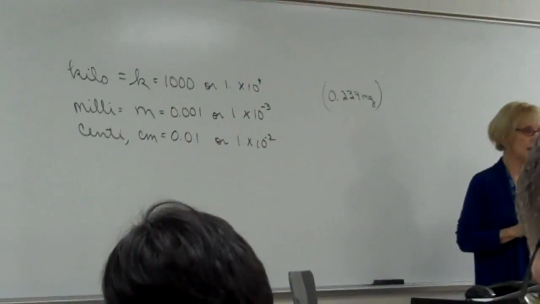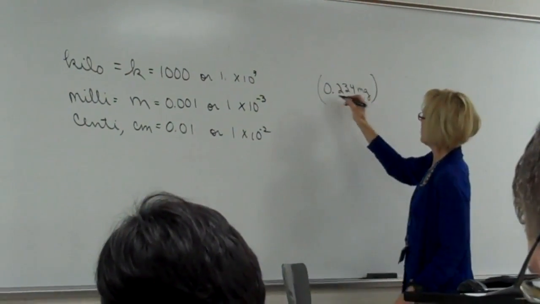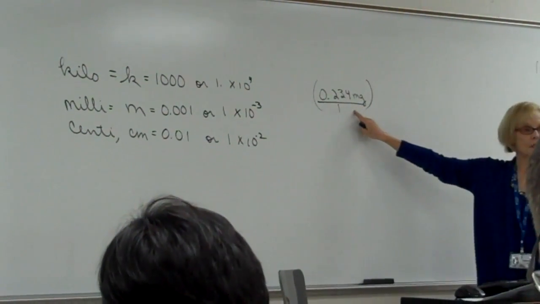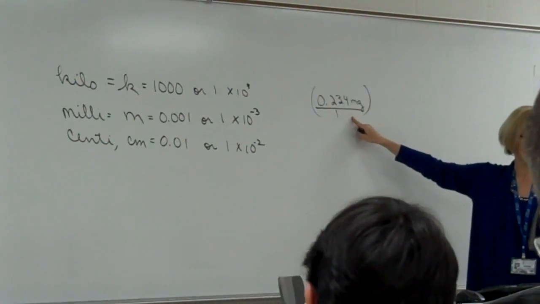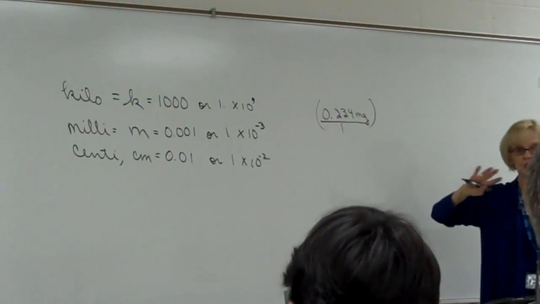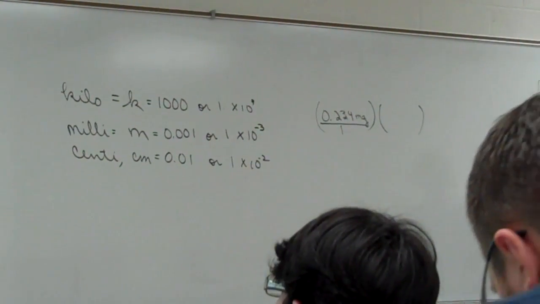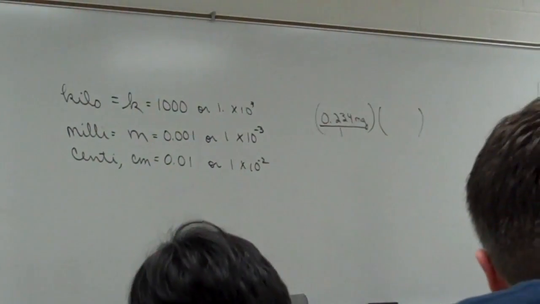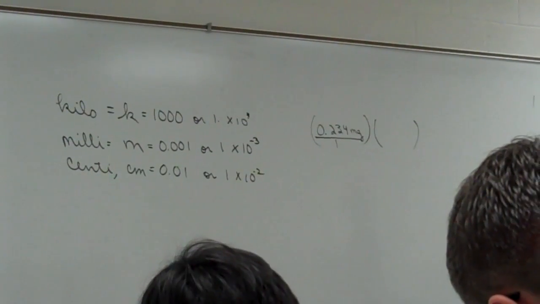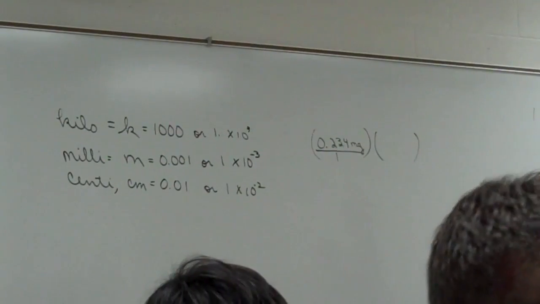Now, a number just hanging out by itself, if you have any trouble about tops, bottoms, numerators, denominators, you can always put that number over a 1. This is the number that's going to dictate sig figs in our answer. And when you're doing metric conversions, you never lose digits. Now, every conversion factor we use, do not let them dictate your sig figs. We're going to assume, this isn't always correct, that those conversion factors are absolute